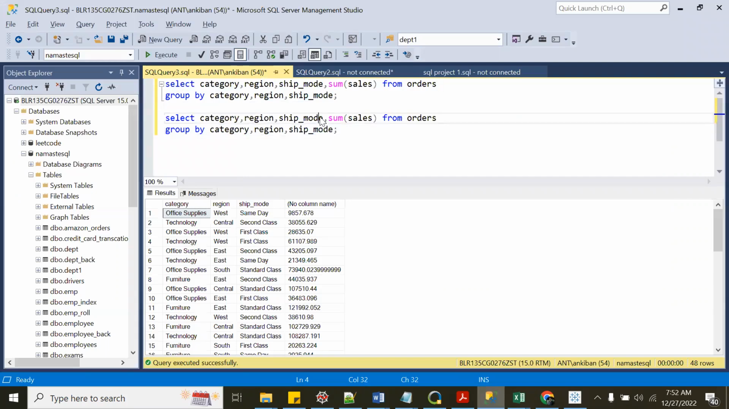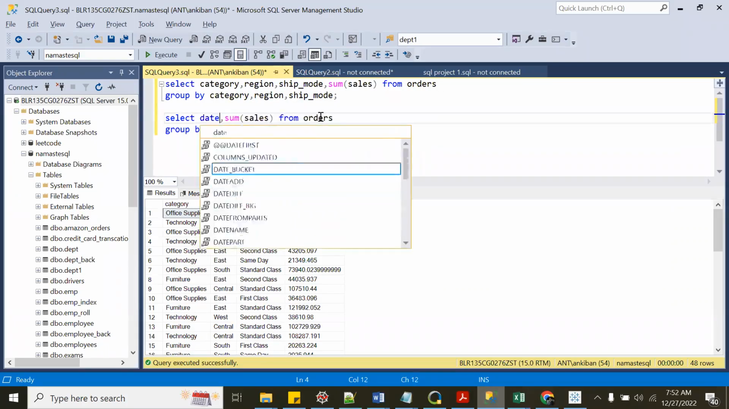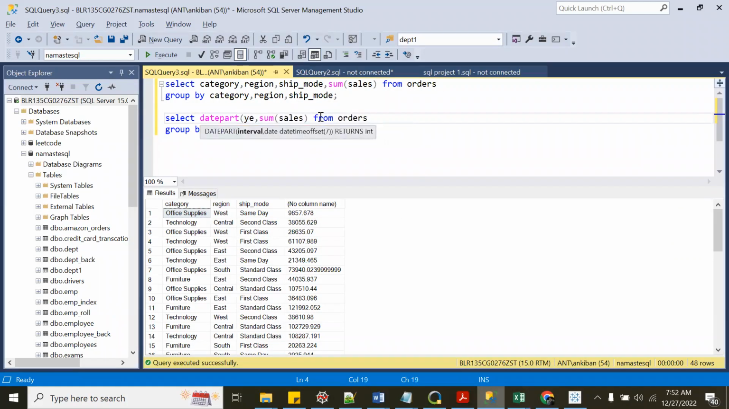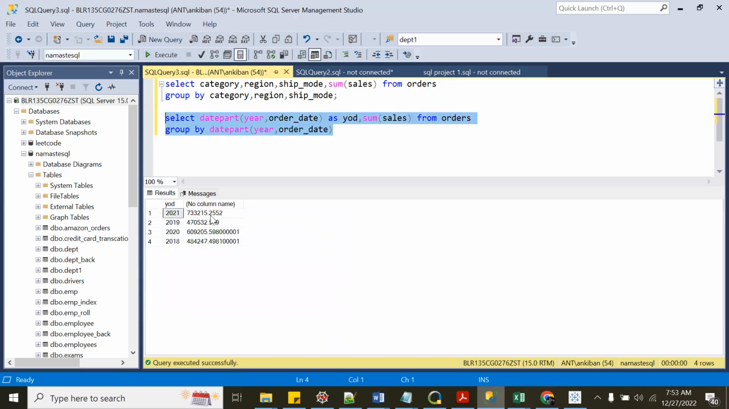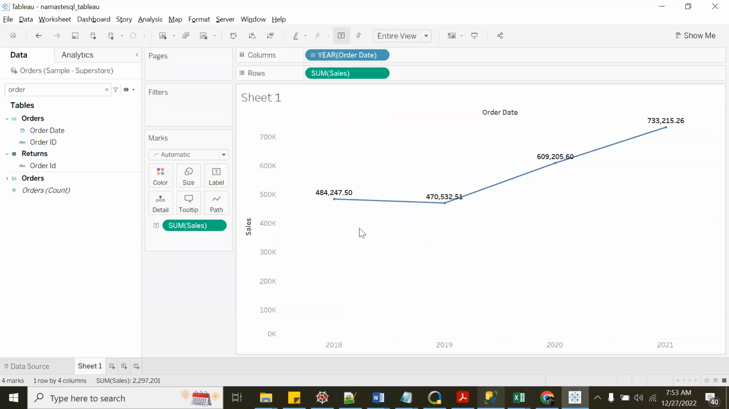This is equivalent to date part, year, order date as year order date, and group by this one, right? Basically, that is what Tableau is doing in the backend. 2021, 2018, 484247, right? So by default, it is converted into year, and you see the plus sign, it means